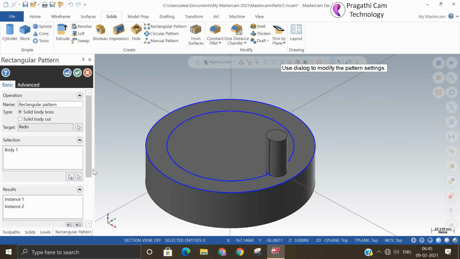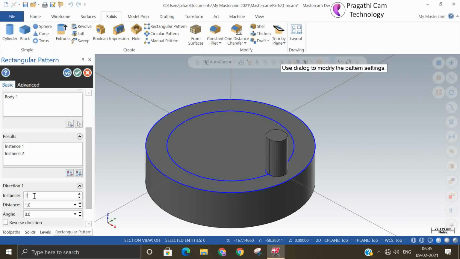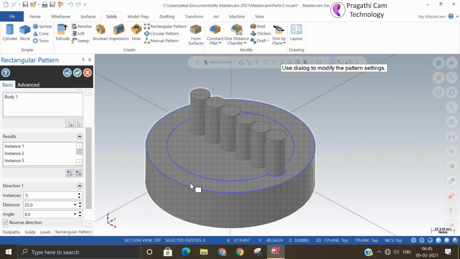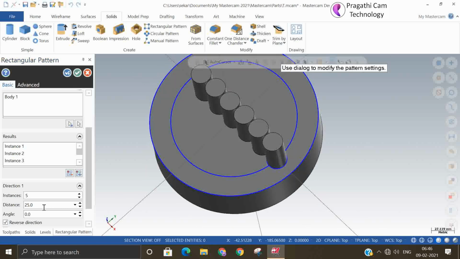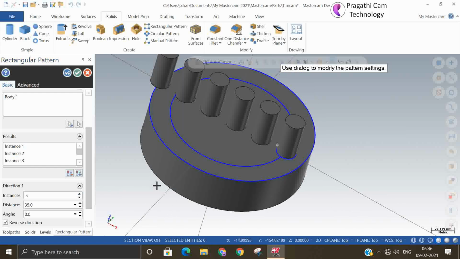And now what are the instances? Yeah, I need 5 instances and distance we can give 25. So direction is going wrong, reverse direction. 25 is less. So one instance is going out. So make it 30. Okay.